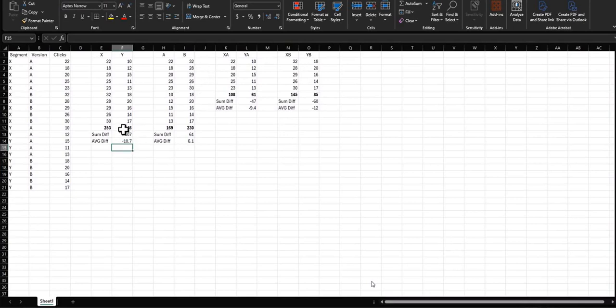And that really is showing us that the segment for Y does, numerically at least, maybe not statistically, have fewer clicks